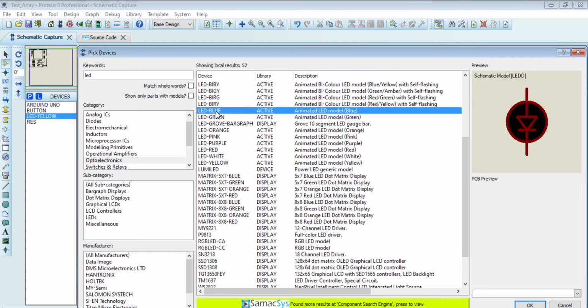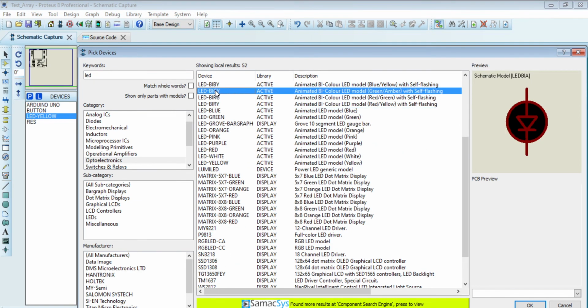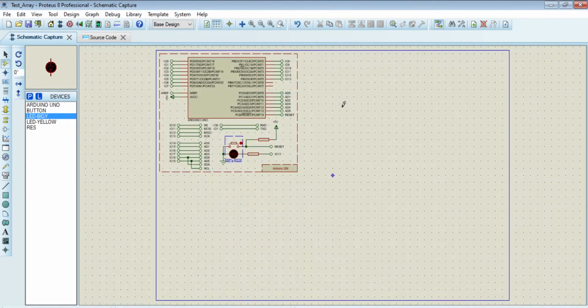I can choose any LED, but here I am taking LED yellow, active LED yellow, and then OK, and 1, 2, 3, 4, 5, 6. So in this way we have introduced 6 LEDs,